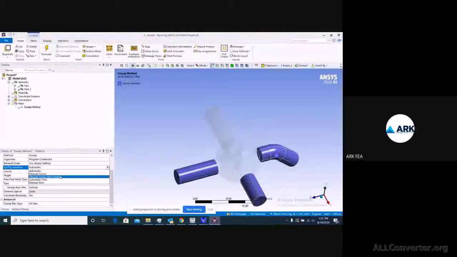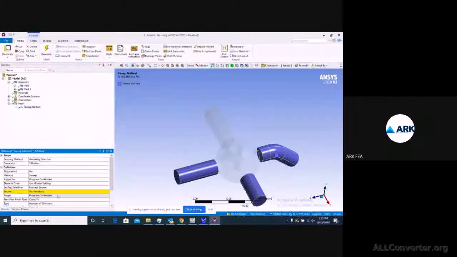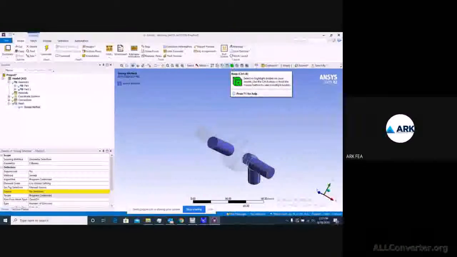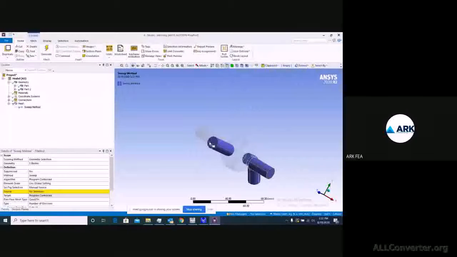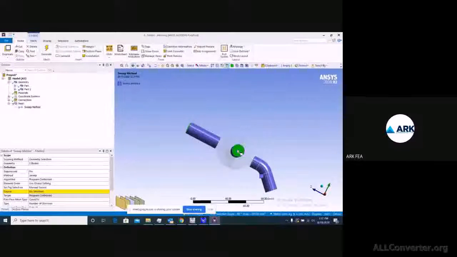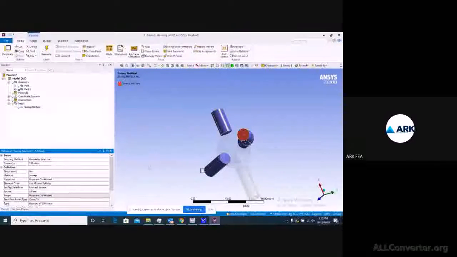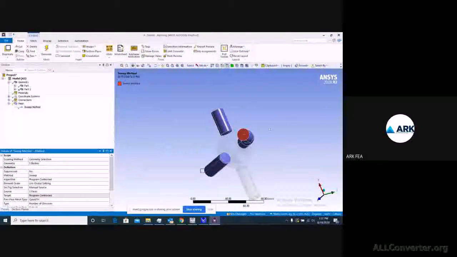And you can also do one thing, that is, you can define your source and target. So either you can add both source as start and end point, I mean to say, as a manual one, or you can move with manual source. So let's add the manual source here, and we'll try to go with surface selection. So here you have vertex selection, edge selection, surface selection, and complete body selection. So we'll add the three surfaces as a manual source one.